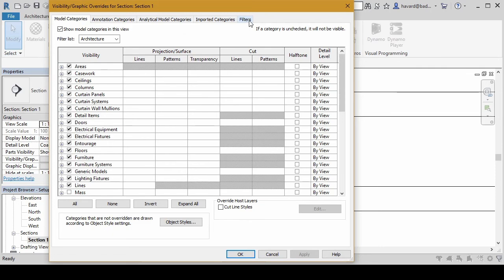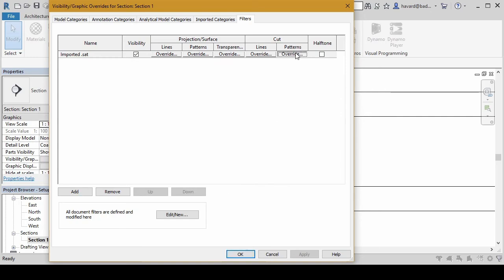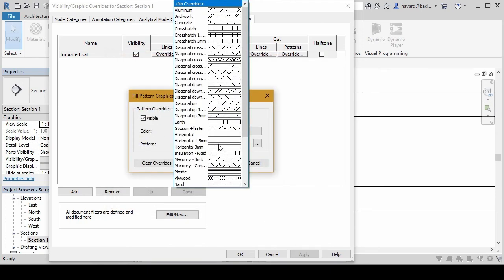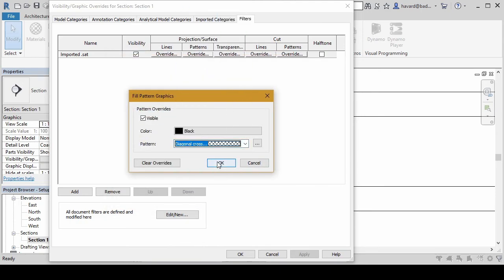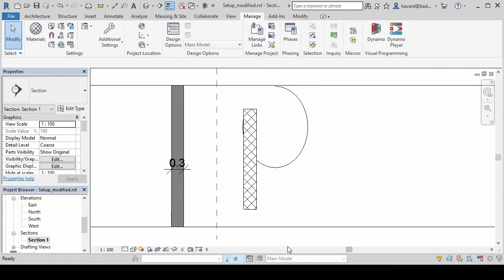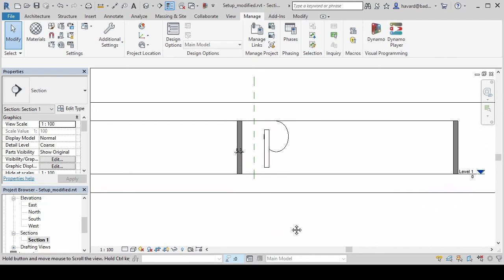So here we can import a filter, maybe the same filter that we just used with the SAT files, and apply a cut pattern with the color black, some kind of pattern, diagonal crosshatch. Click OK. And you will see that now you can actually kind of cheat and display Rhino geometry and make it look like it has a Revit material. This is always cheating, but it will give the desired outcome for a lot of cases, actually.